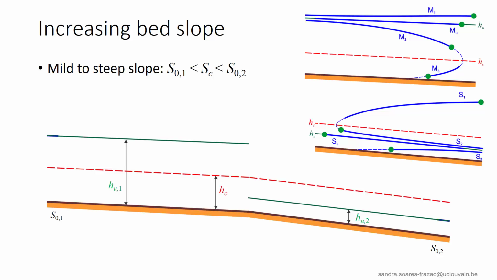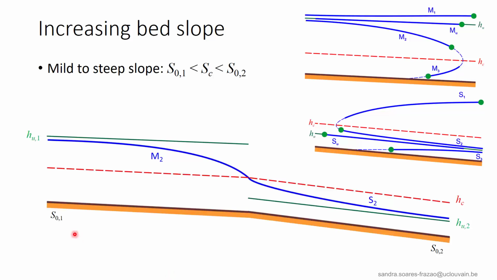The only possible combination between an M-type profile starting from the normal depth and flowing until the critical depth and an S-type profile starting from the critical depth and flowing towards the normal depth is the following one: an M2 profile in the upstream reach and an S2 profile in the downstream reach. This M2-S2 combination allows to cross the critical depth here without hydraulic jump, and it is the only possible solution